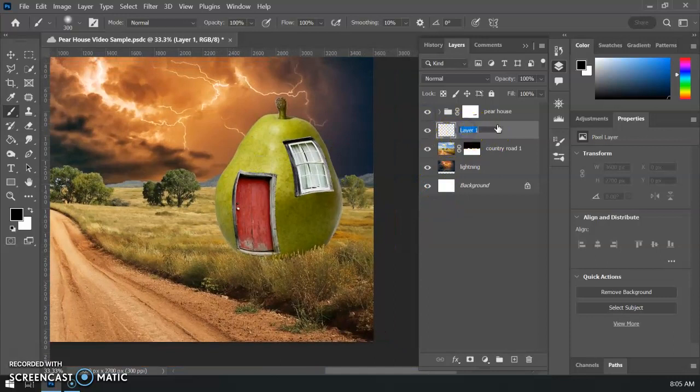So I have this layer right here, and let's call this shading or shadows. Okay. And I have this under the Pear house and above the country road because I just want to be working on the country road layer here a little bit. I want to add the shadow under and behind the Pear house. So I'm going to grab my